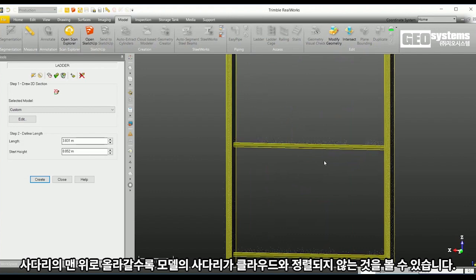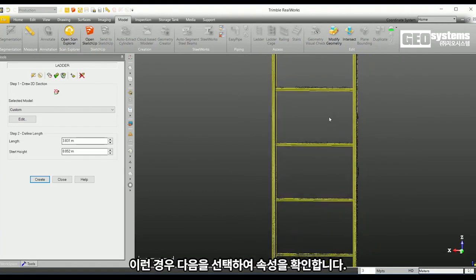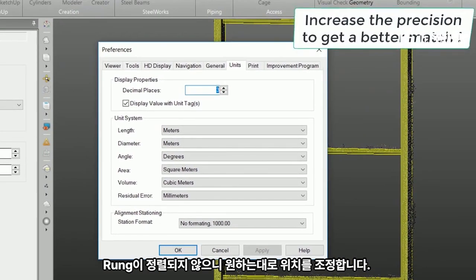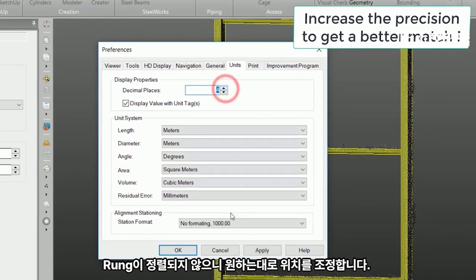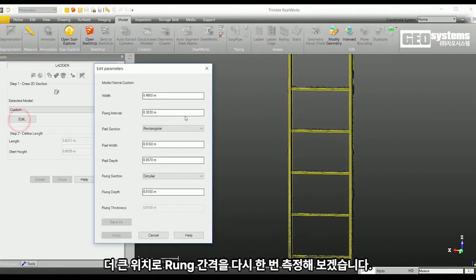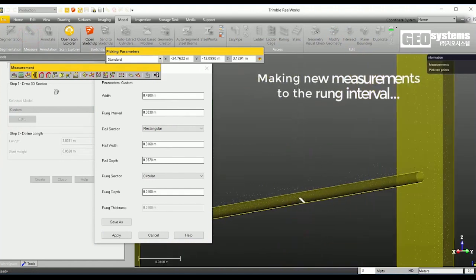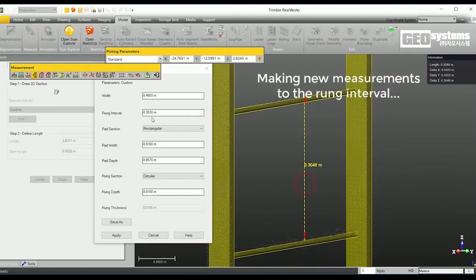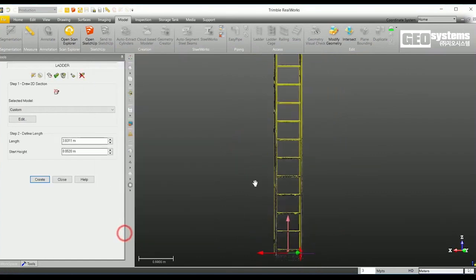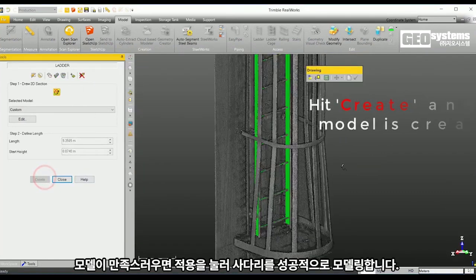You may notice that as we move to the top of the ladder, the rungs in our model are not aligning with the cloud. If you're seeing this, check the precision of your properties by selecting the following, and increasing the precision to your liking. Since my rungs aren't aligning, I will go ahead and measure the rung interval once more with a greater precision. And now, if you're satisfied with your model, simply hit Create, and voila, we have